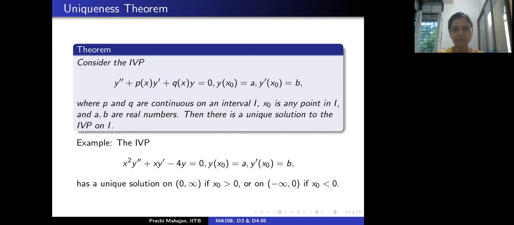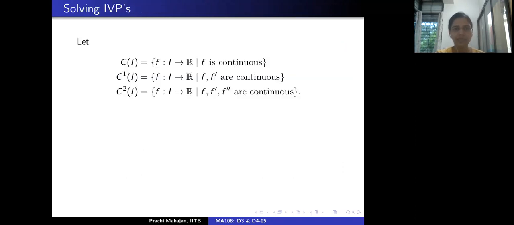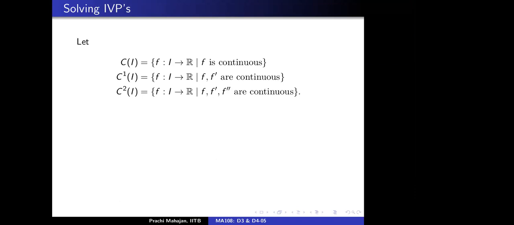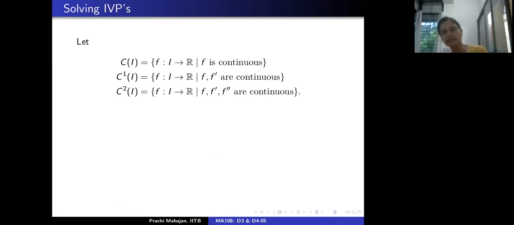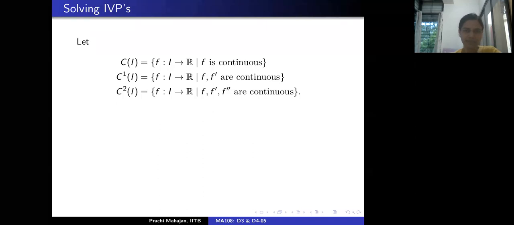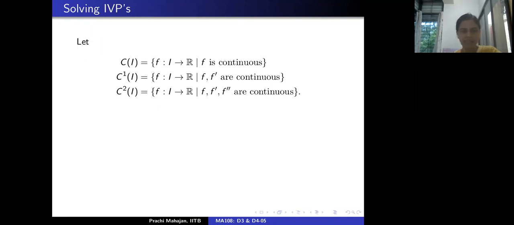Okay. Let's see next. So we will skip the proof for now. Let's look at the following setting. Given this interval I on the real line, I want to introduce the following notation. C(I) is the set of all continuous real valued functions defined on I. C¹(I) is the set of all continuously differentiable functions. So the function f exists, it's continuous. The first derivative of f also exists and is continuous throughout I.